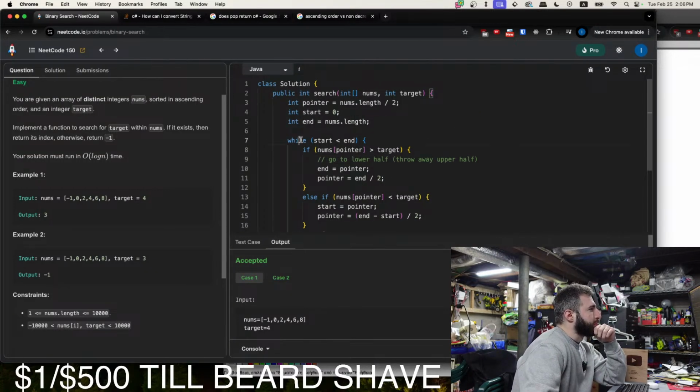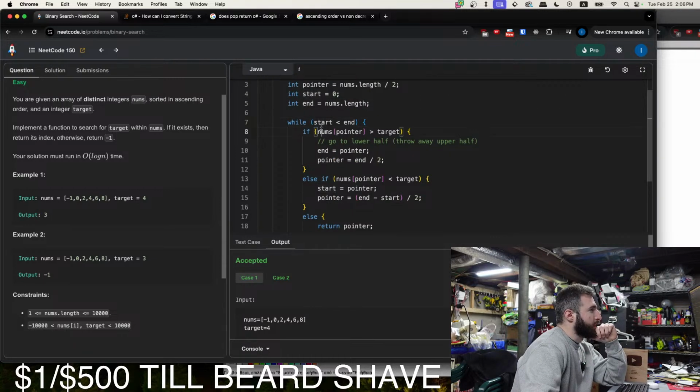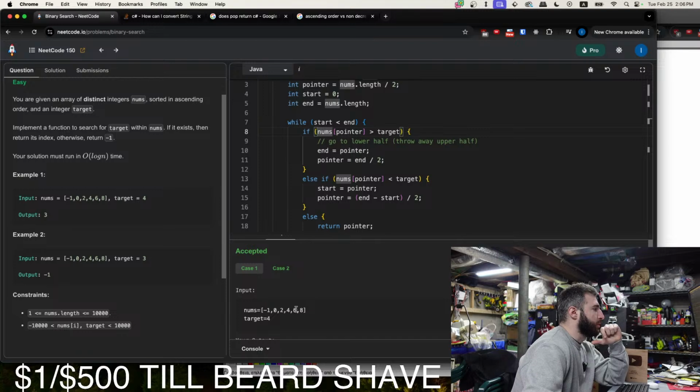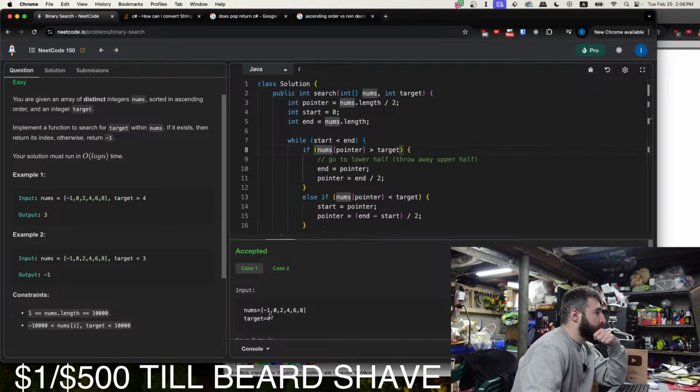So let's just go over this. While start is less than end, we check... let's check it for this case. The length is 1, 2, 3, 4, 5, 6, so pointer is equal to 3. 0, 1, 2, 3.